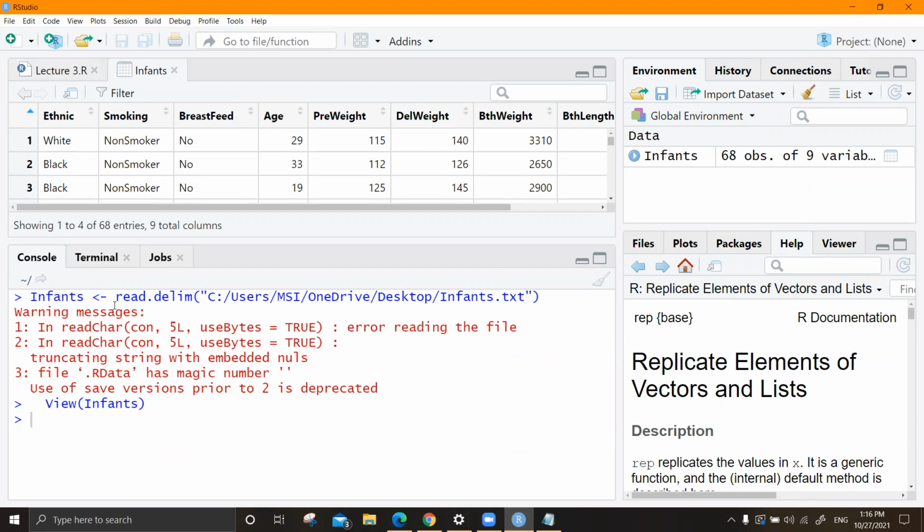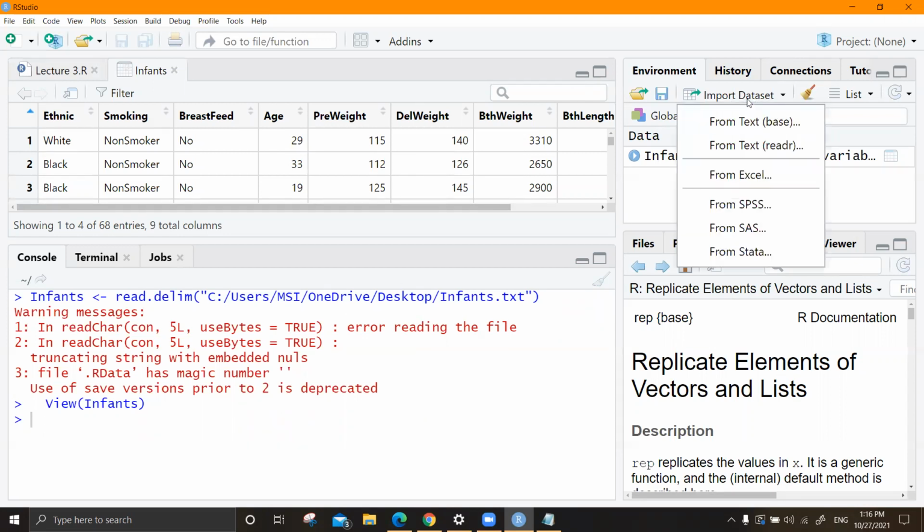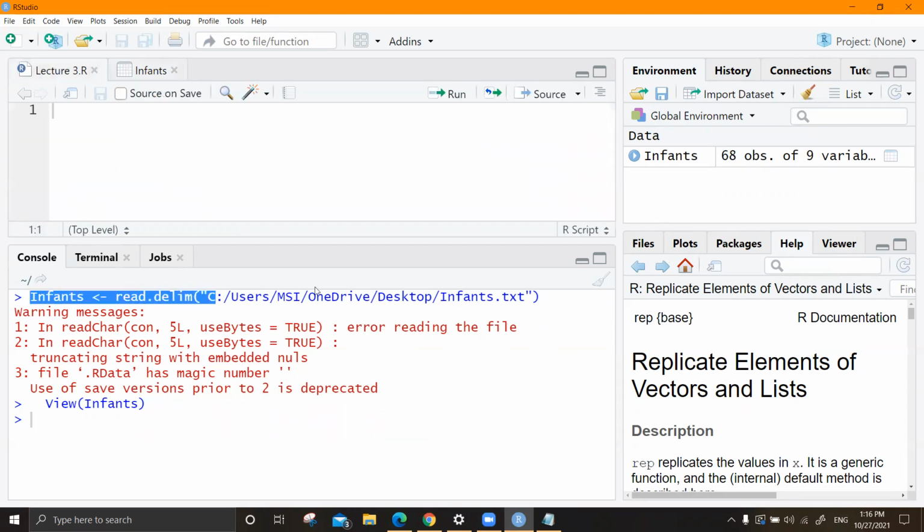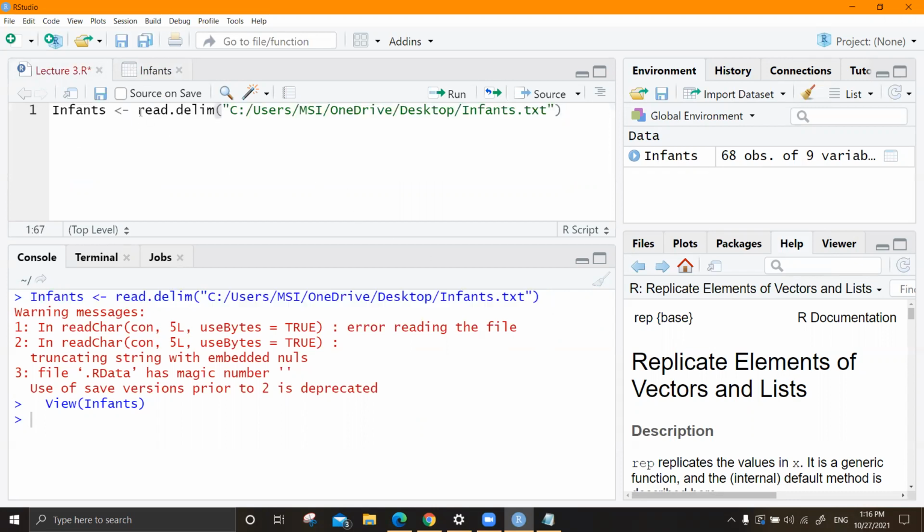So see, this is read.delim. You give the file location. So this is my file location. If you don't know how to type the file location, you can simply use the import dataset menu. For every menu option in R, there is a particular code, right? You can simply go to your R script and type this. I'm just copy pasting for my convenience. So this is reading the file, read.delim, because it is a tab spaced file. read.delim is used when it is a tab spaced file.